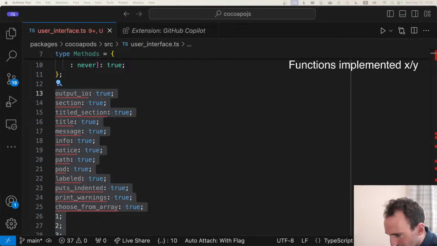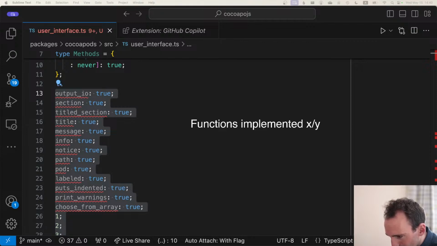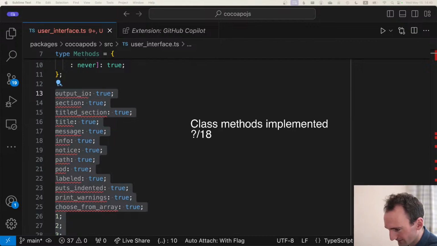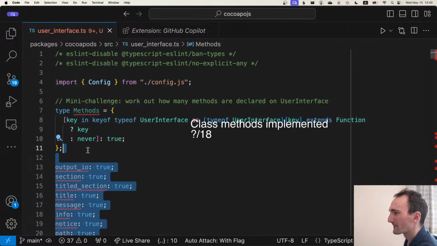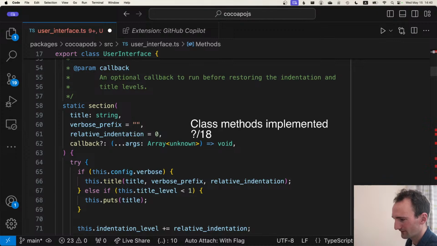Alright. Let's just adjust this thing. Progress. Edit. Properties. Are going to be methods, class methods implemented. Here's question mark out of 18. Okay. We're going to go down this list. So we've implemented